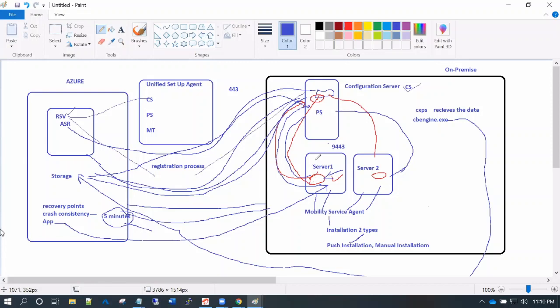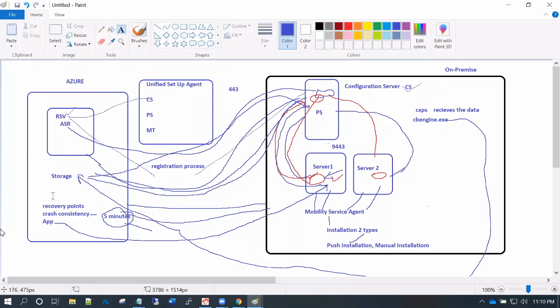Similarly, if there are any other writers which have pending data in the memory, can you please ask them to write to the disk? Because I am going to initiate an app consistency. So once all the writers are stable, all the writers say, hey, I wrote my data, you can issue a tag or a consistency recovery point, then an app consistency recovery point will be generated.